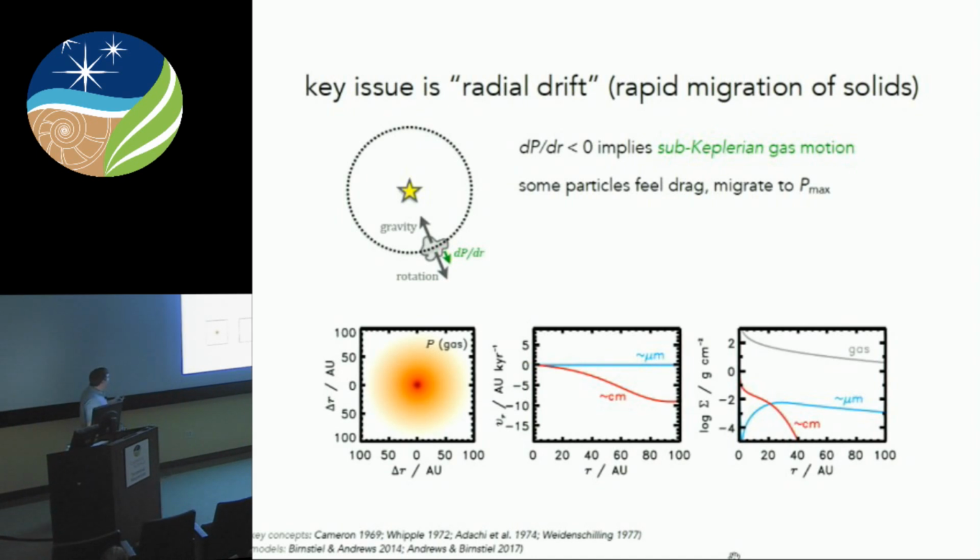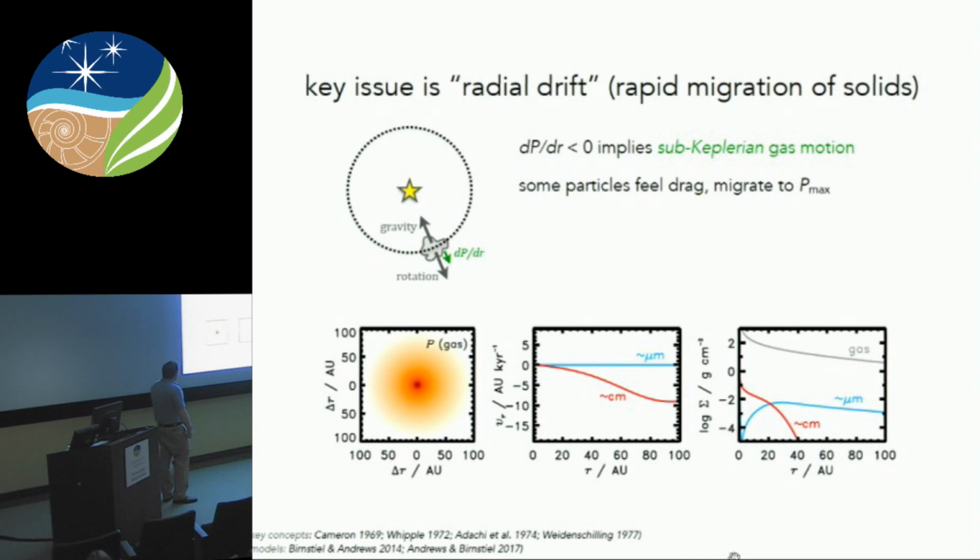So this is just a simple force diagram showing you what's happening. You have a little parcel of gas orbiting the star. It's balanced by gravity inwards, rotation outwards, and then it has its own internal pressure support. In the standard model for protoplanetary disks, the temperatures and densities monotonically decrease as you get further from the star. The temperatures decrease because the heating is primarily done by irradiation from the star, so the further you are, the less heating you have. And the densities decrease because of the standard model of how you assemble a protoplanetary disk and how mass is transferred. So that means you have a negative radial pressure gradient in these disks.